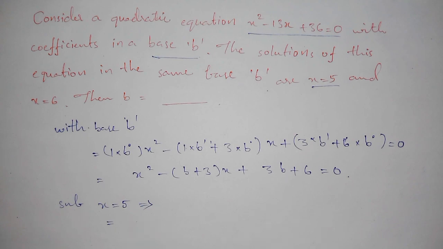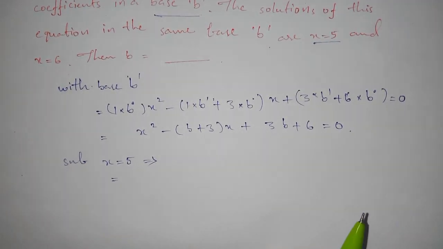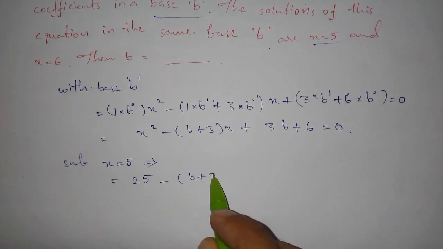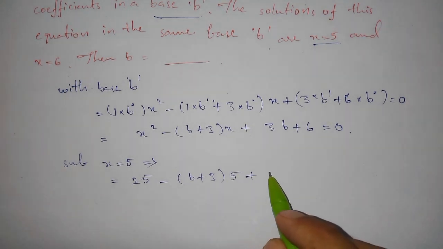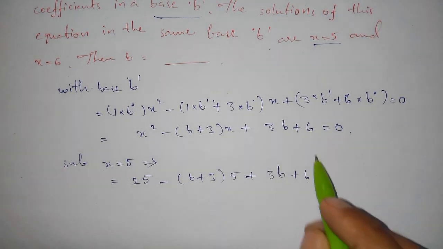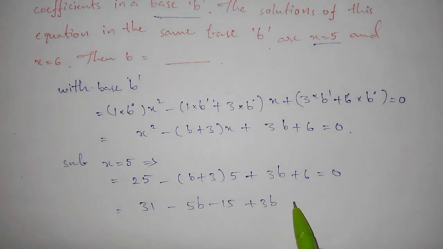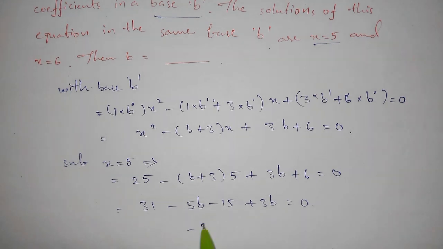Then 5² is 25, minus (b + 3) × 5, plus 3b plus 6, equals 0. 25 plus 6 is 31, minus 5b minus 15 plus 3b equals 0. The next, minus 2b,